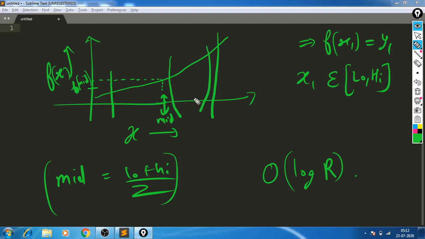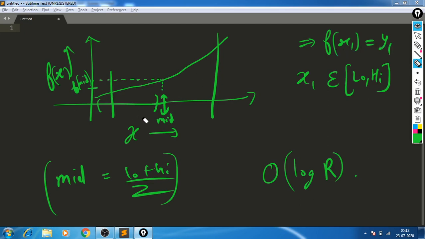Since as you go to the right of mid, your f of mid will only increase. Basically, f of x will only go upwards. However, you want your f of x to go downwards, isn't it? Because y1 is less than f of mid, so you want it to go downwards. And you can safely assume that your search range reduces to this region. And just by doing this single check, you have eliminated this right portion, given that f of mid was greater